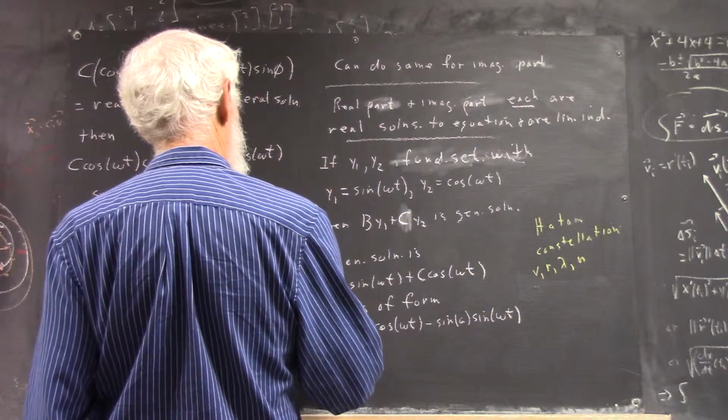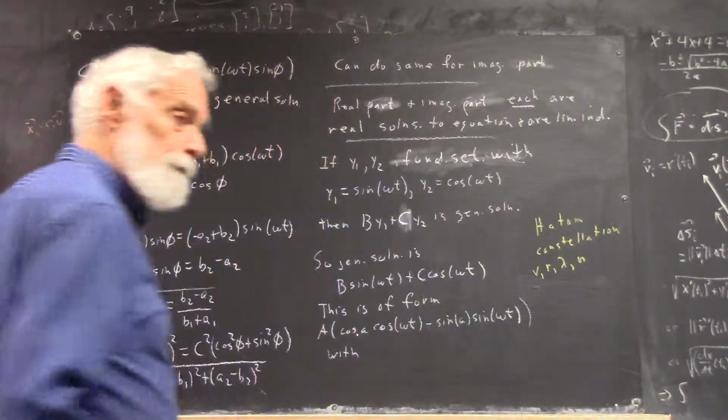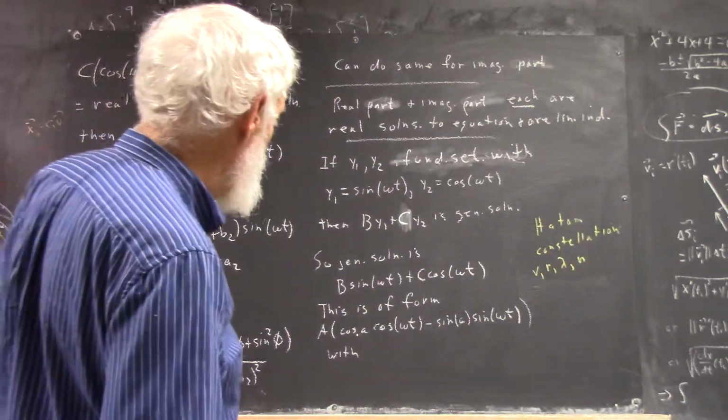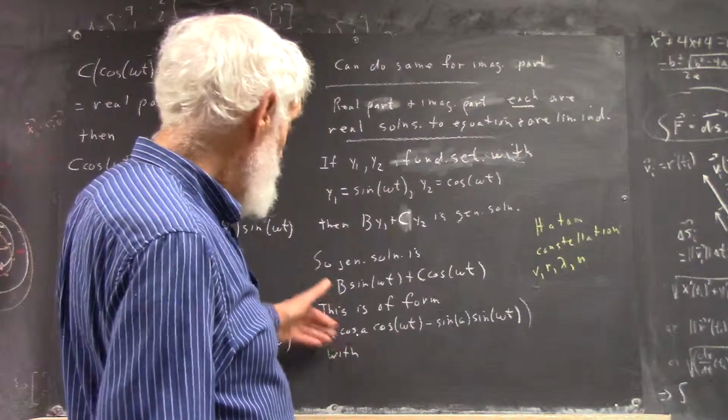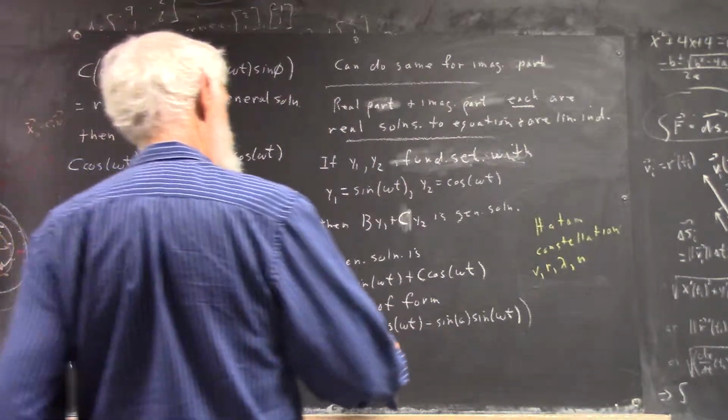And we'll call this a form A times this. Okay? It's not necessarily of this form. You've got to have a constant. Okay, with